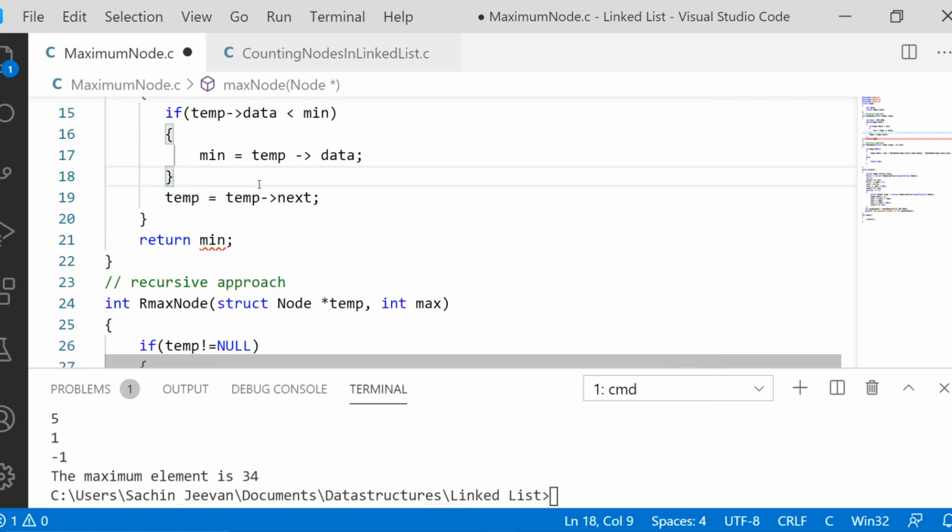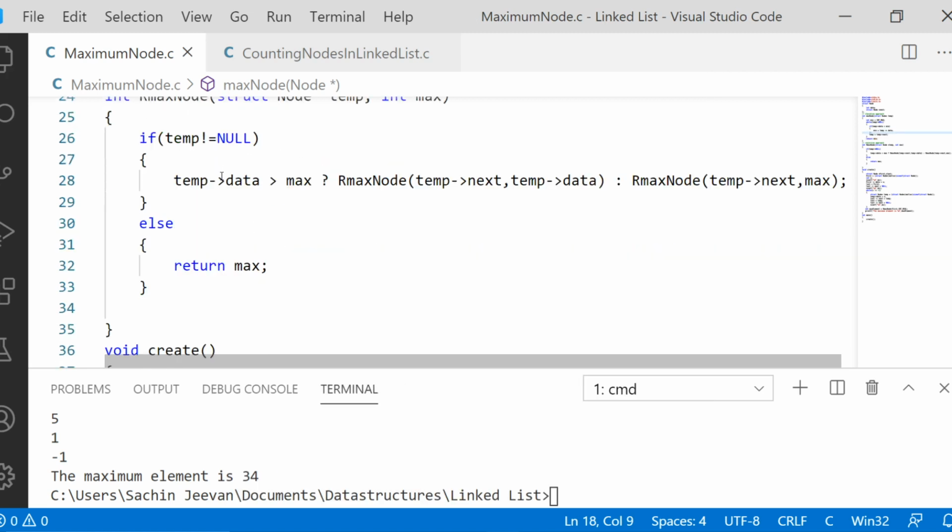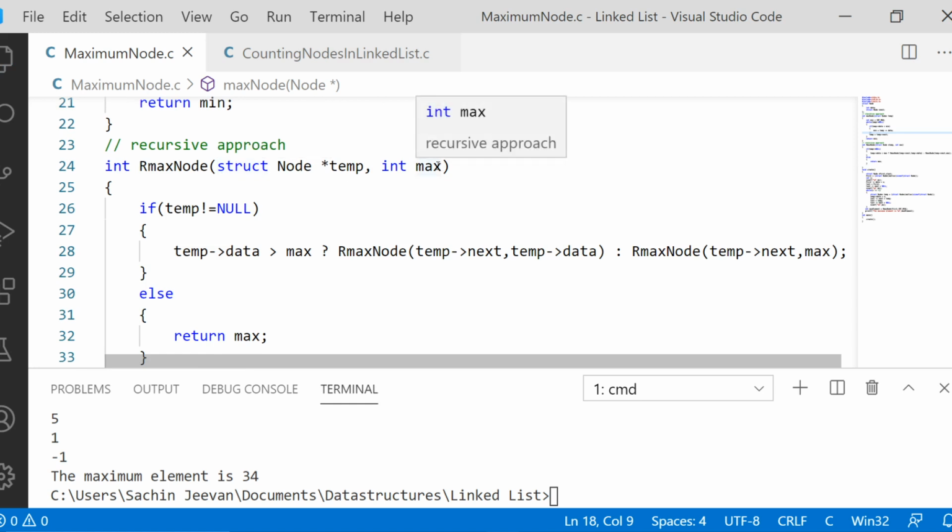This is the change. Now coming to the recursive code also, instead of max, while passing send int underscore max, and instead of checking greater than, change it to the less than symbol. That's it. Change to temp of data less than min. Here also change the variable to min. That's the only change. Instead of checking whether temp of data is greater than the max variable, start checking temp of data less than the minimum value. That's it. So we are not going to look into the minimum separately.